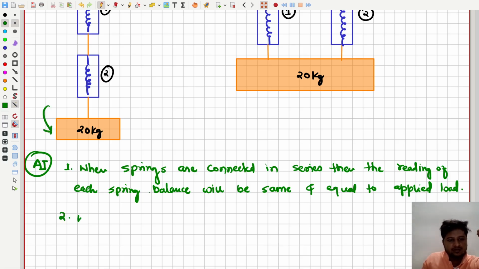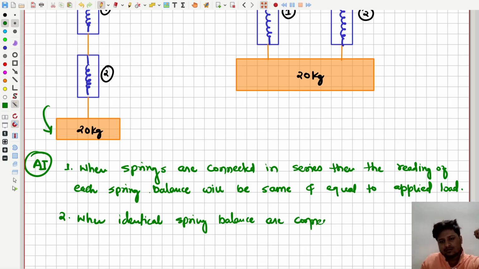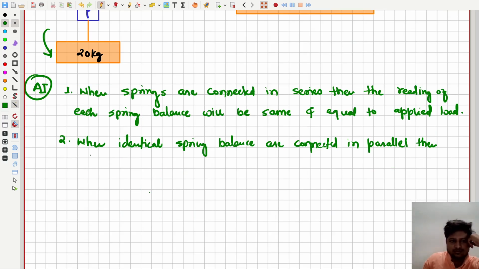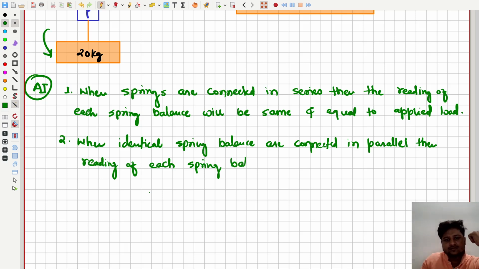Case 2, when identical spring balances are connected in parallel, then again the reading of each spring balance will be same, and given by,